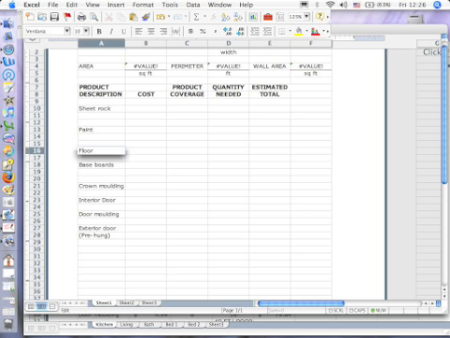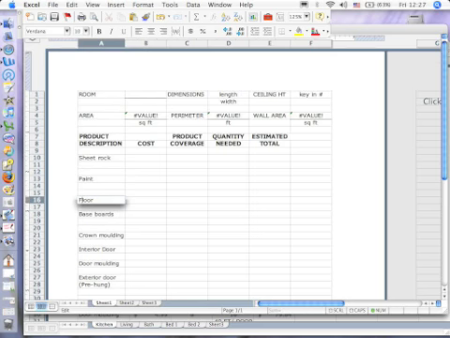Baseboards, crown molding, interior doors, door moldings, and possibly an exterior door. You might not need one for every room. You're not going to need one for every room. All right. Your cost and your product coverage is stuff you're going to put in after you've got this whole